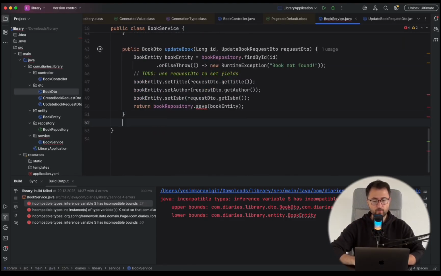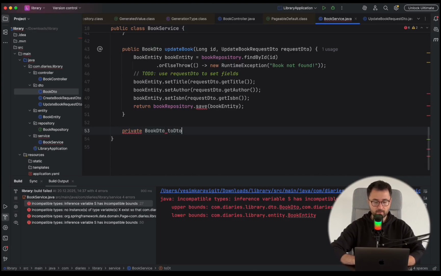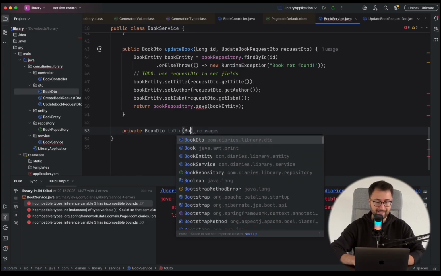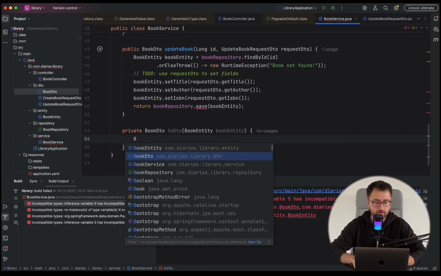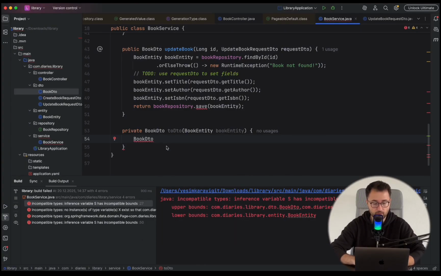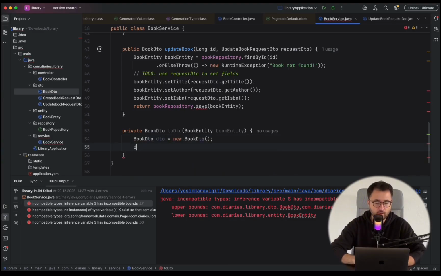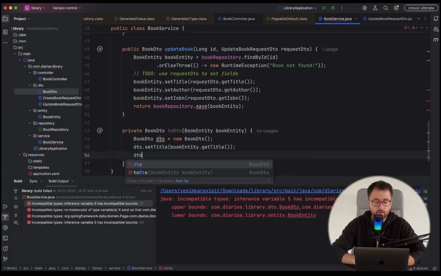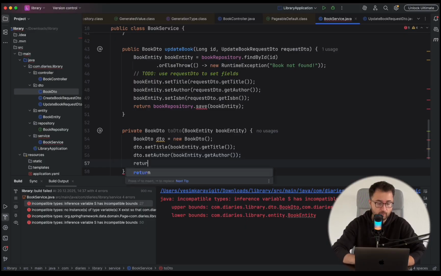And here in this book service class, I'm going to create a new private method that is going to be returning a book DTO. And I'm going to name this Java method toDTO. And again, this is going to be taking in a book entity as a parameter. Now what I'm going to do is create a new instance of the book DTO class using its no arguments constructor. And then for this particular DTO, I'm going to set the fields author and title using the entity that is going to be given to this method as a parameter. So I'm going to type in dto.setAuthor, book entity getAuthor,